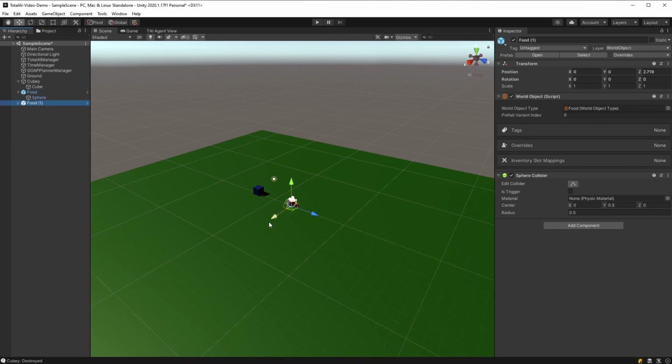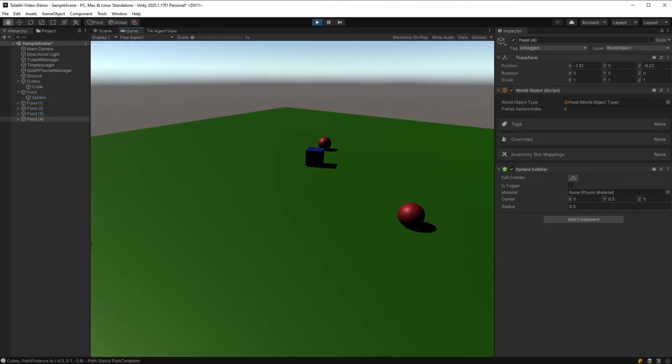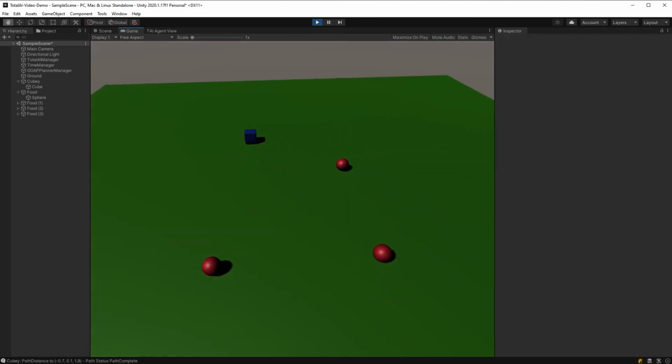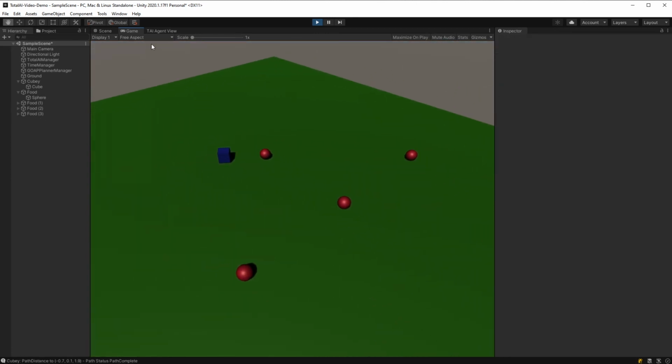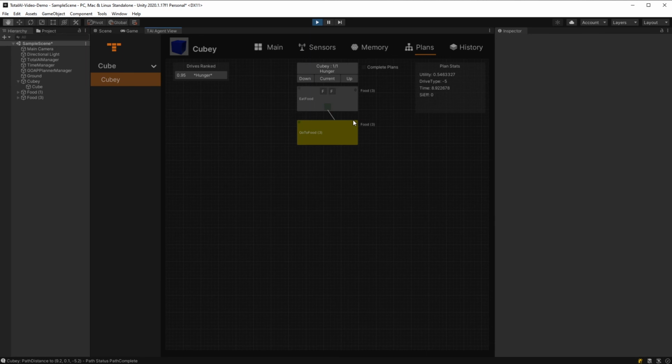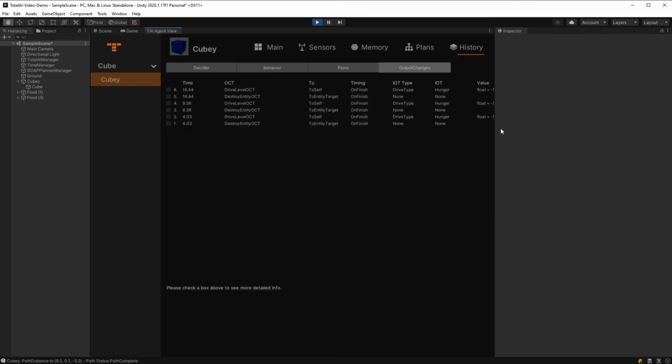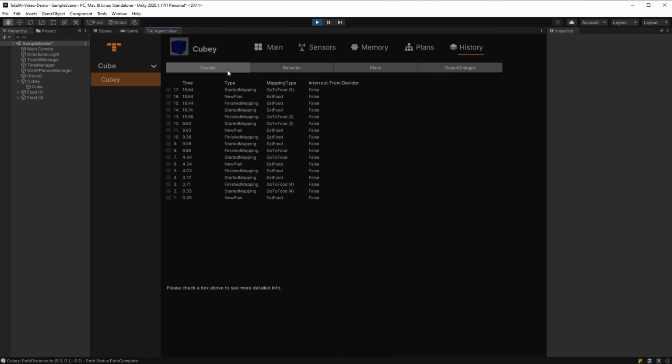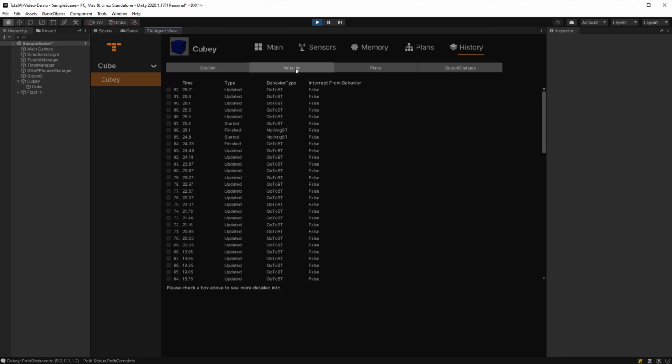Now, like I said before, let's make a whole bunch of foods. And all right, so now there's a bunch of foods. So you can see it's not going to the closest one. Now it's going to randomly pick one to go to. If we show the plan, now you can see its hunger has gone down as it's eating, but it's going right back up because it's set to go up pretty quickly. If we go to plans, you can now see it going to the food and some of the history. So you can see all the output changes it's run. And if you look in the documentation, you can read more about decider and behavior. These are plans, so you can see it just keeps eating,